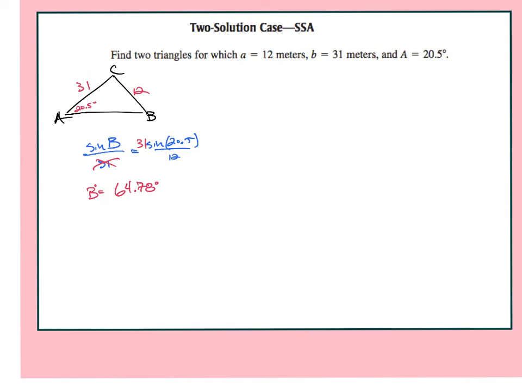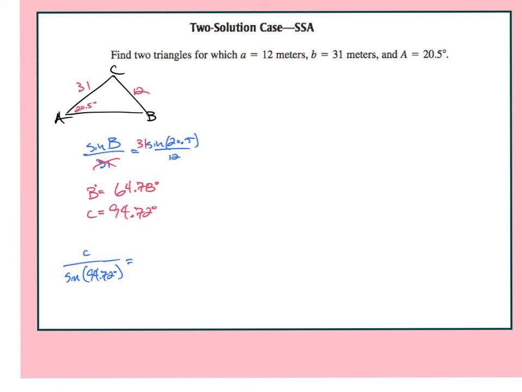All right. So now that I have angle B, what could we solve for? Angle C. And so we add them up, we subtract from 180, and we get angle C would be 94.72 degrees. Good. All right. So now that we have that, what could we solve for? Side C. All right. So let's set up that proportion. We would have side C over sine of 94.72 degrees, which is equal to,